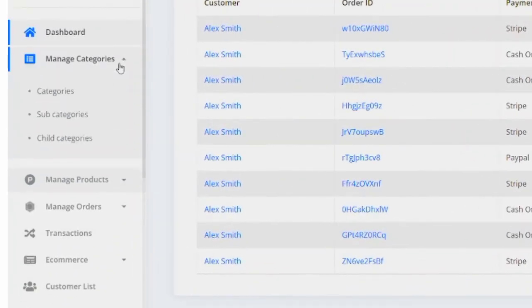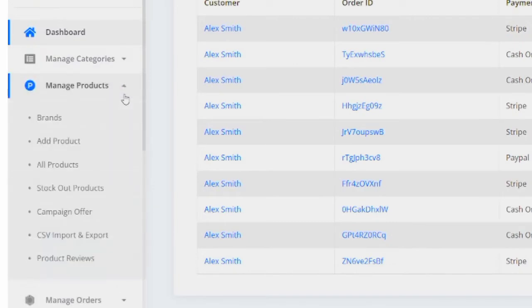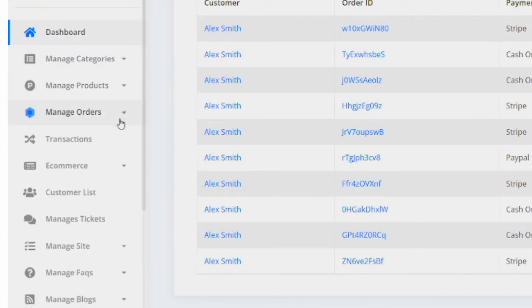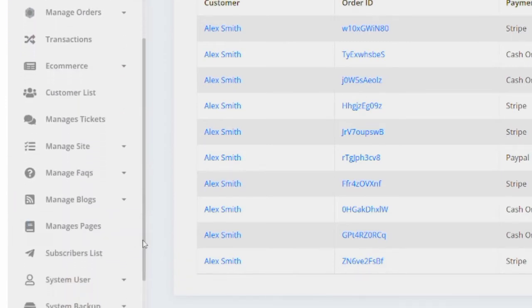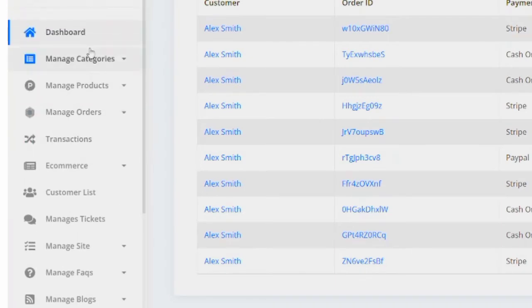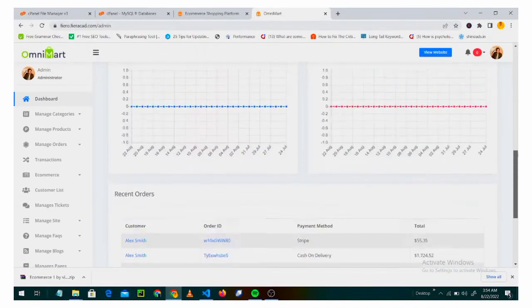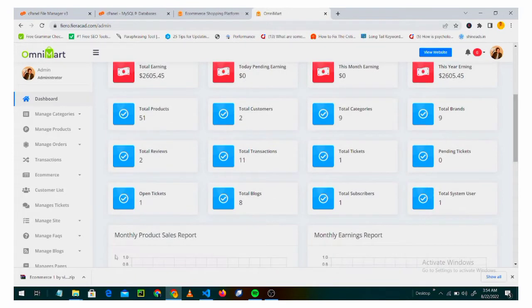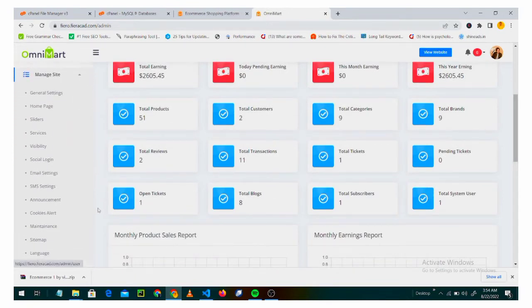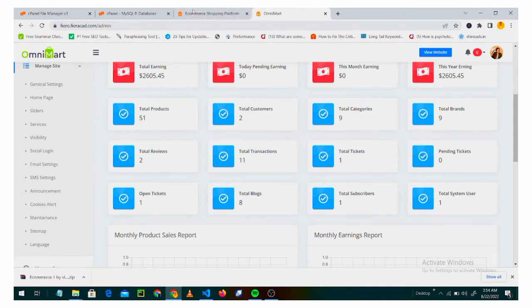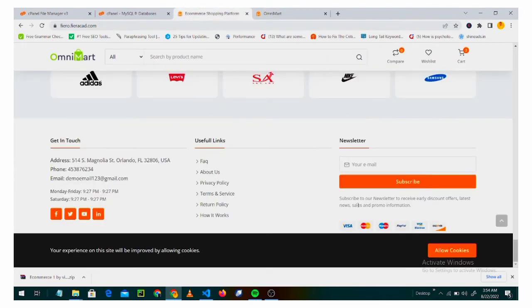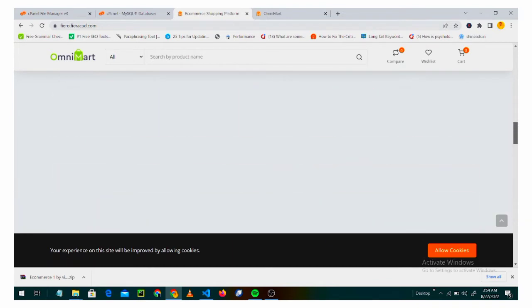Not only that, you can manage the categories, the subcategories, you can manage products, you can manage orders, you can do pretty much everything from this admin dashboard, which makes the admin dashboard even more beautiful. As you can see, you can do pretty much everything from this admin dashboard. You can modify everything on this e-commerce store from that admin dashboard. So